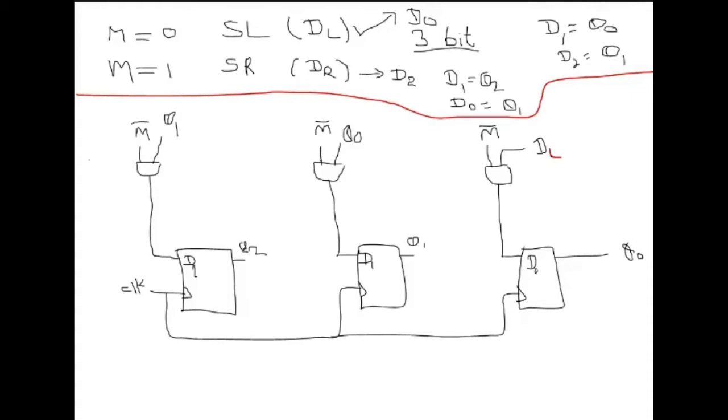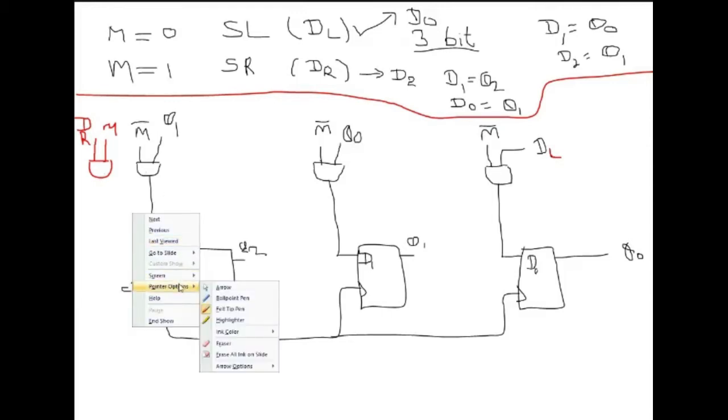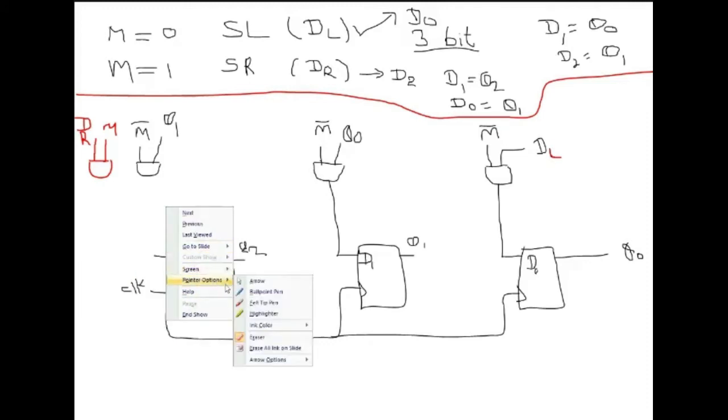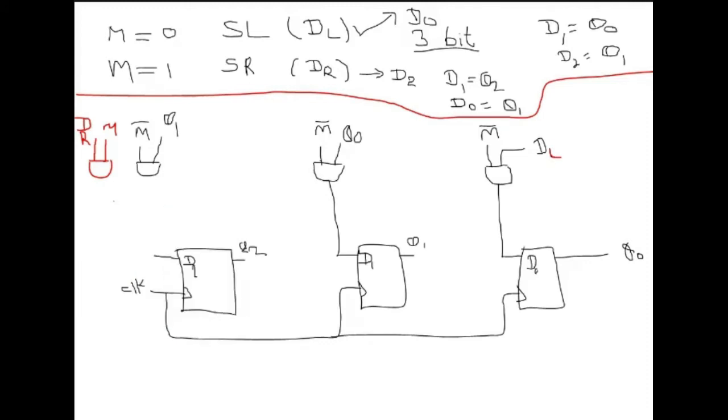So we will be making an AND gate, and we will be saying when M is equal to 1, that is when we have M input, DR, the input which I want to shift right, should be connected to D2. So now we have two inputs, so I will be using an OR gate because either of them needs to be connected. So we will be using an OR gate here to combine these,